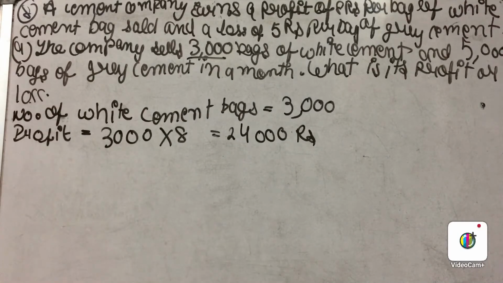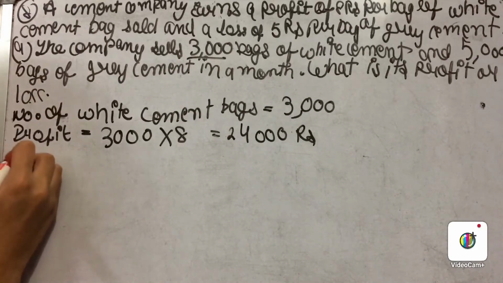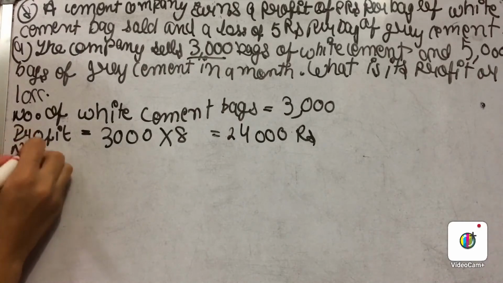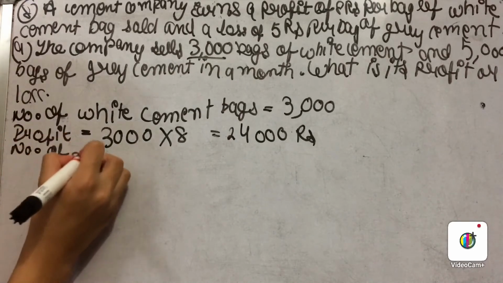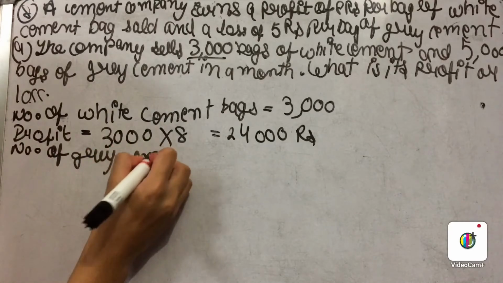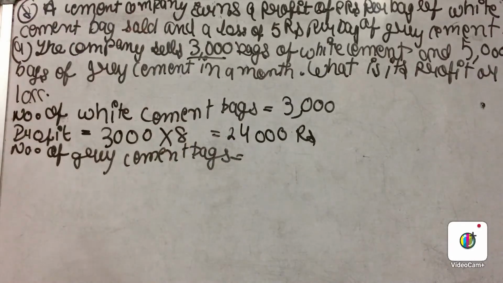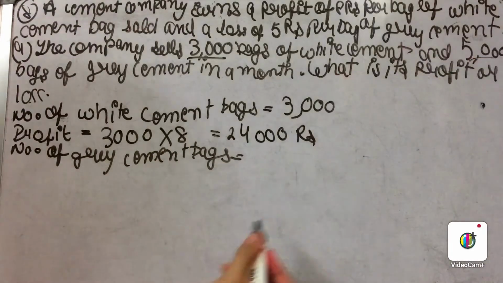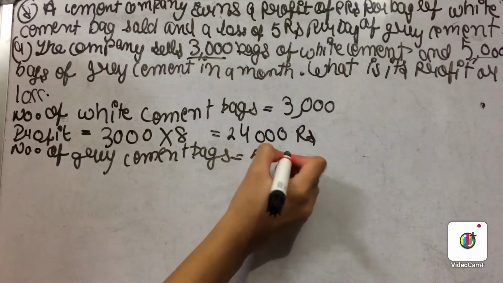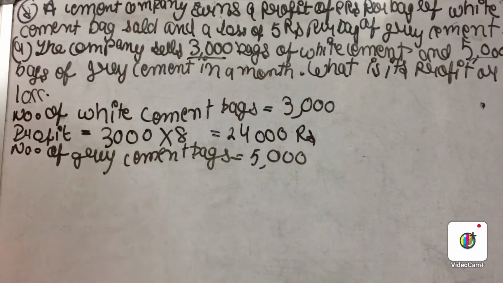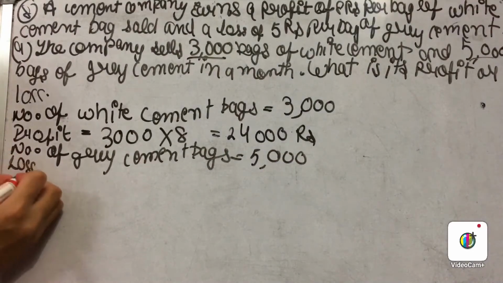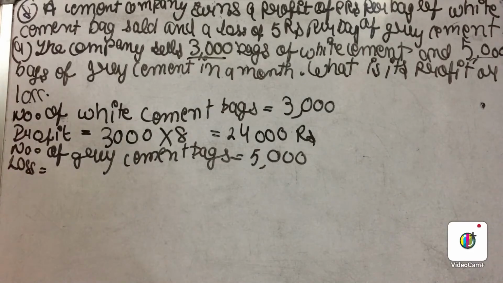So now let us just find out the loss made by the company by selling grey cement bags. So you would write here number of grey cement bags. What is the number of grey cement bags sold? The number of grey cement bags sold is 5,000. So you would write here 5,000. And what is the loss made by the company by selling 5,000 grey cement bags? The loss made by the company is